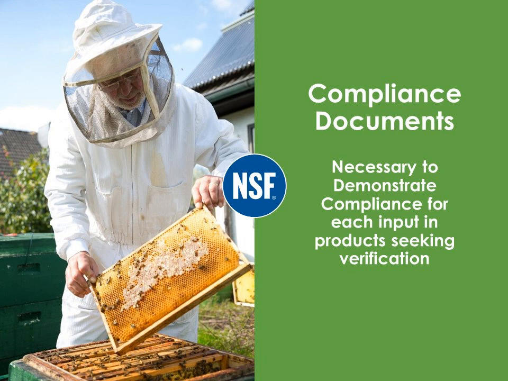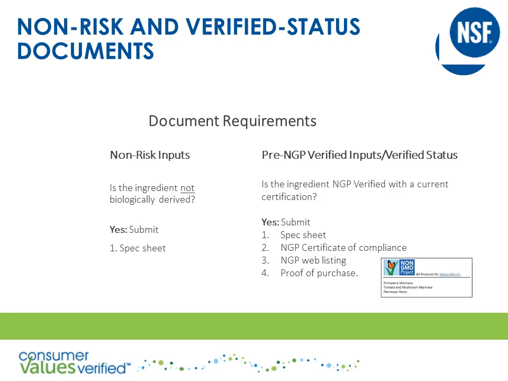Now that we have classified our ingredients, we will go into detail on what documents are required to demonstrate compliance for each category. For non-risk inputs, we need a complete ingredient disclosure, like a specification sheet. This document must list all sub-ingredients to confirm the input does not contain any high-risk sub-ingredients